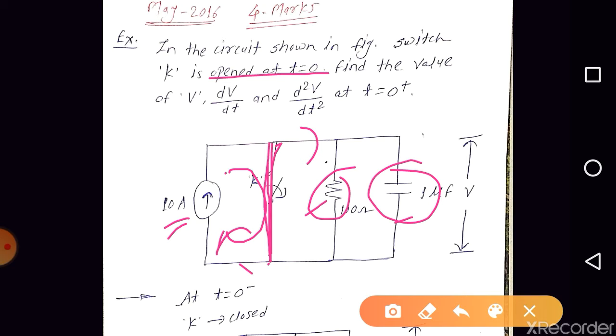So before t equal to 0, as the current flowing through the capacitor is 0, charges are not moving towards the capacitor. So there is no possibility of charge stored by the capacitor, or energy stored by the capacitor, or charging of the capacitor. So before t equal to 0, the charge stored by the capacitor, the energy of the capacitor, or the voltage across the capacitor is 0. Is this clear? Are you getting the point?